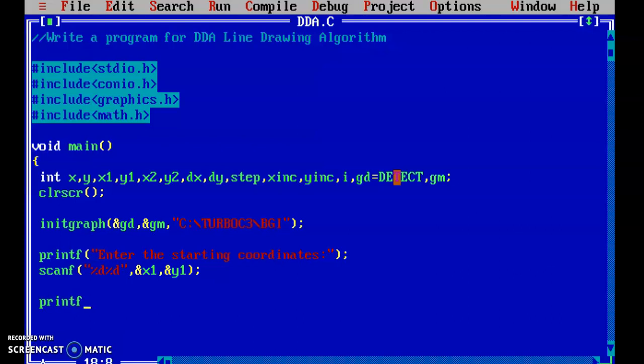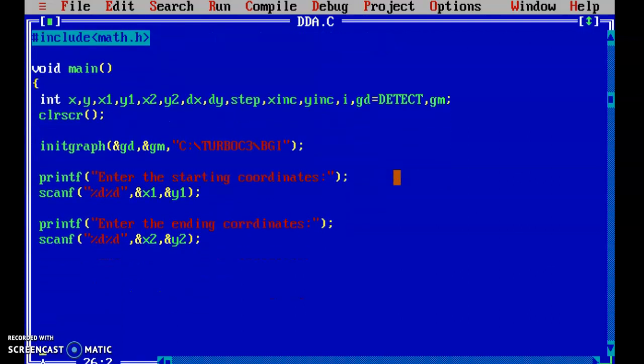Same we have to write for the end point coordinates. So scanf %d. Here I'm going to use integers; if you want, you can go with float values also. So here I have taken endpoints for drawing the line. So this is the first step.